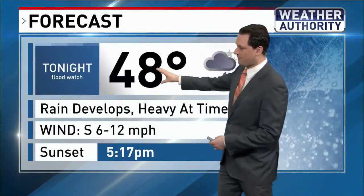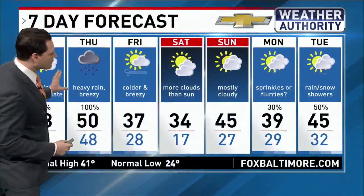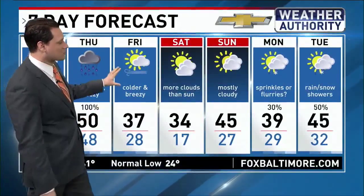Warmer weather takes over for tonight. You wouldn't believe it, we start at 48 and temperatures go up from there. So some spots low and mid 50s by morning, but unfortunately you won't enjoy it as rain is falling heavily at times. It's breezy tomorrow, highs in the 50s early. We drop off later on in the afternoon into the 30s and 40s,